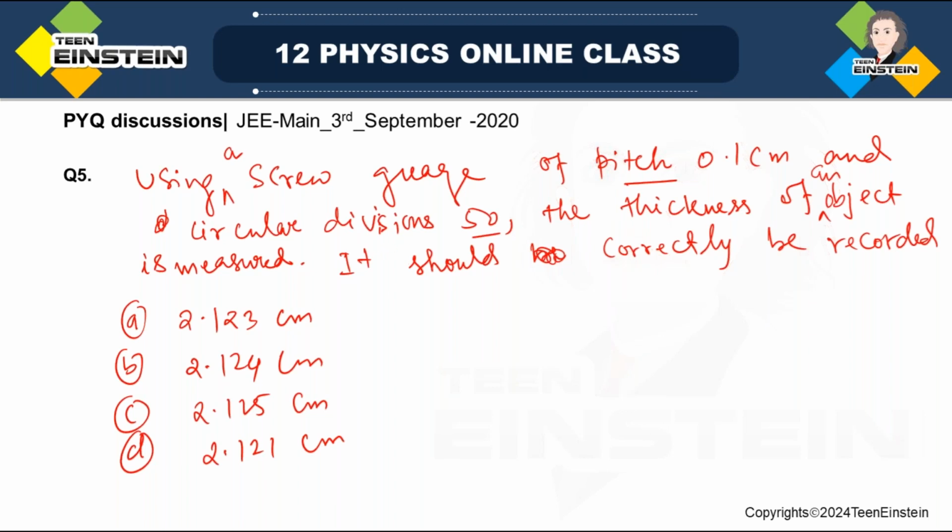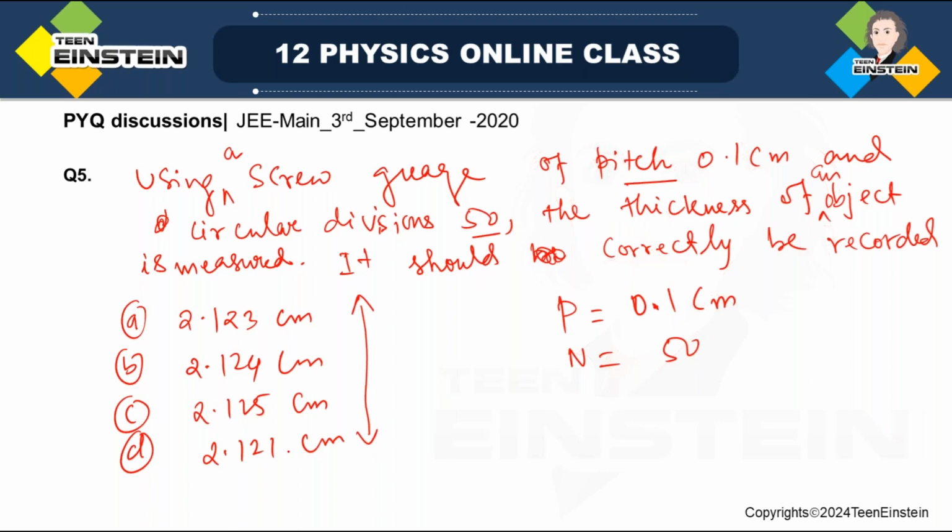Okay, so I'll just make you understand the question. The question says there is a screw gauge which you are using to measure the thickness of some object. See, the specification of the screw gauge is given. Pitch P is given as 0.1 centimeter, and you have circular divisions, number of divisions N, to be 50. Now you have measured the length correctly, and suppose you have got the correct value, but that value is there in between 4 options. So which may be the correct thickness you might have got? Whether it is 2.123, whether it is 2.124,